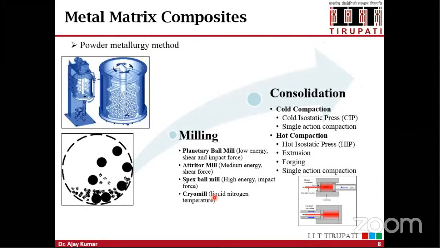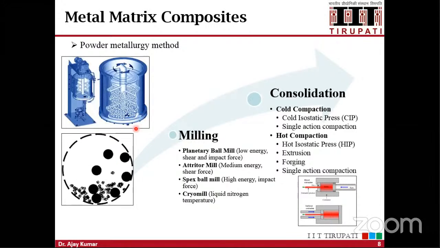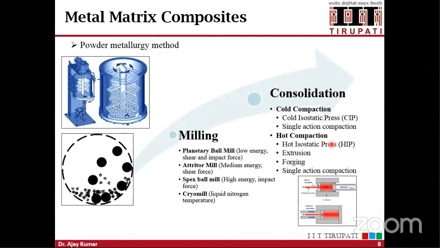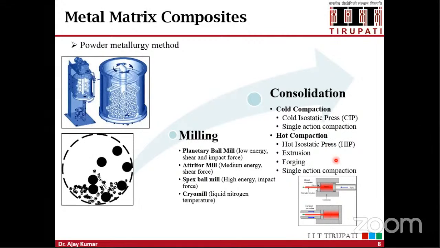Another thing, as I discussed in solid state processing, is the powder metallurgy technique. This is the powder metallurgy schematic. Okay, we do the milling process for the powder material, and we use different types of ball milling. We have planetary ball milling, attritor milling, SPEX milling, and cryo milling. Okay, so we use different types of medium in these milling processes. After milling of the powder, we get fine size powder, and then we use the cold compaction or hot compaction process to get the final shape. Okay,